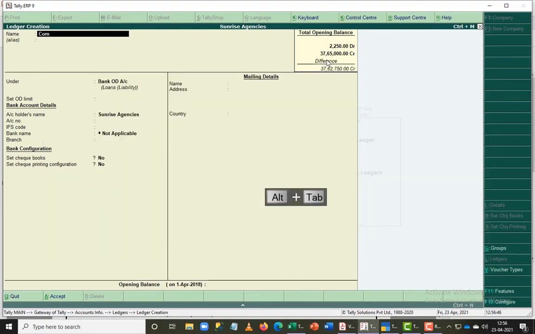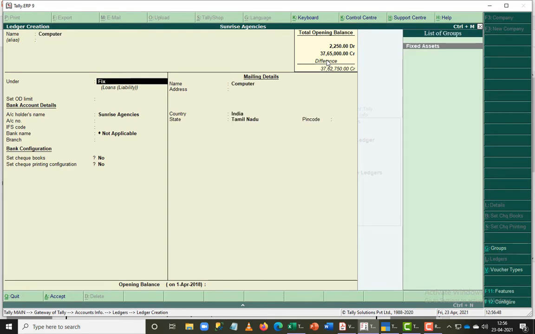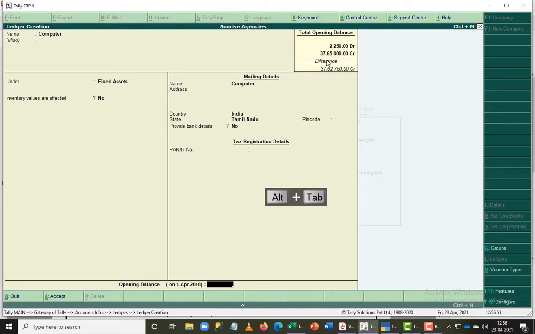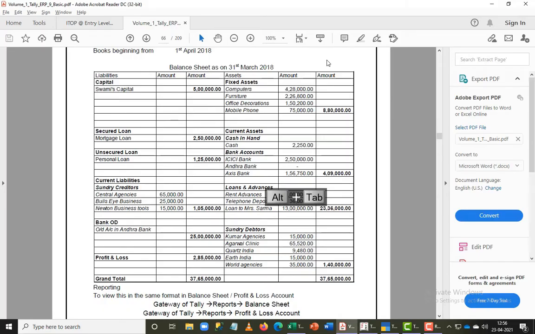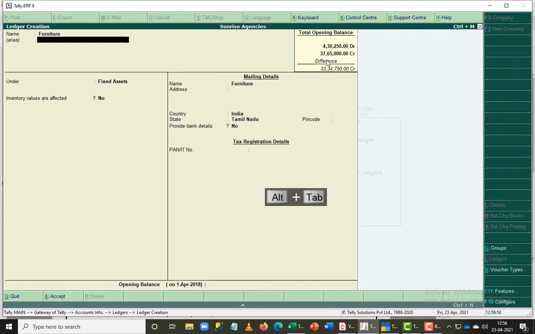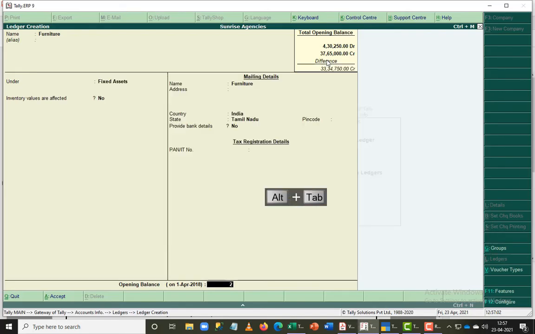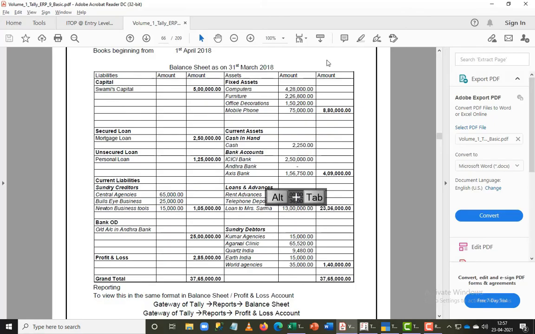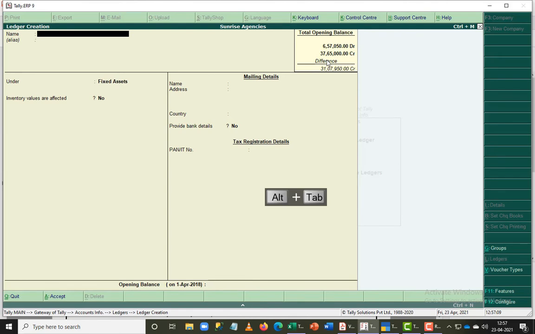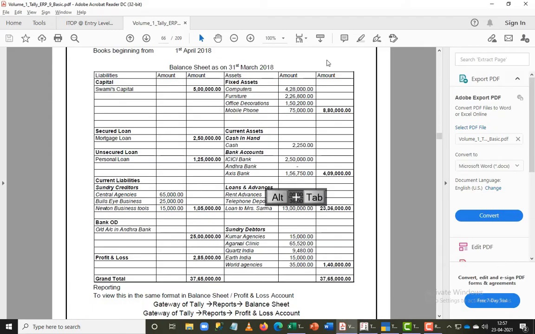So now I'm going to just feed the next ledger, group it under one heading, and then add the values here. Let me go a little faster so that I can explain how this is going to work in our other list in Prime Tally. I'm not explaining this much, so I will skip this logic. I'll just show you once the reporting comes into play. Once I feed the entire list, I will show you how the data will look, or at the last ledger creation, how the ledgers are going to work for us.